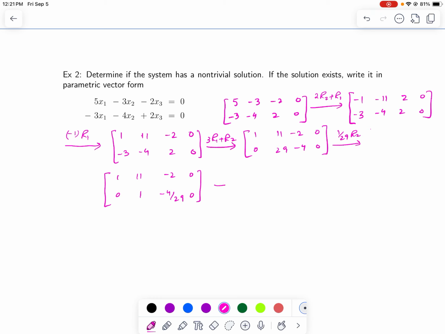Now we write our equations. Well, I can do one more thing. Instead of doing the back substitution, I would like to reduce it to